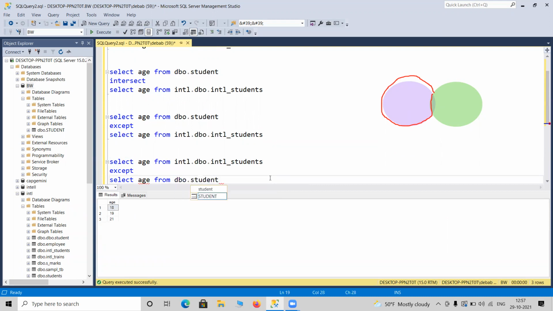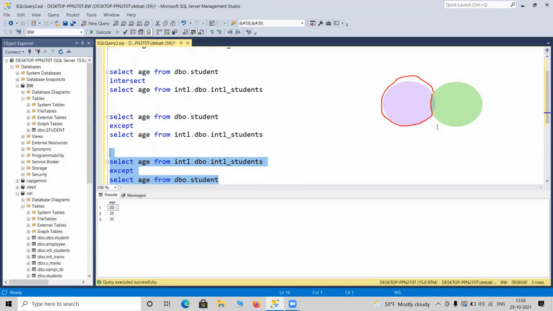So it will give the full green part, not from the common part. It will only show the data that lies in the green part, 23, 25, 30 only. It will also not show 17 and 20 because they lie in the common part.